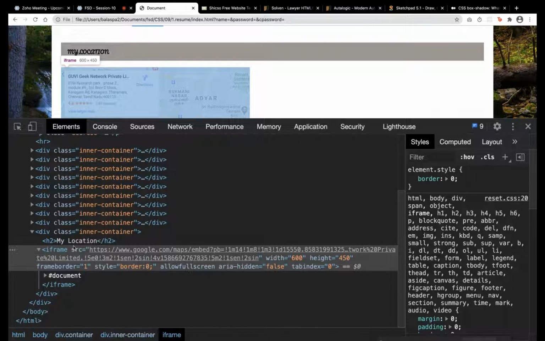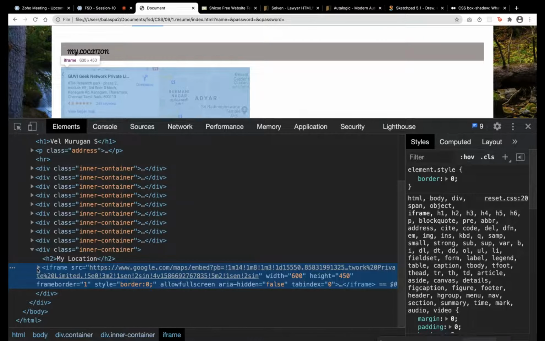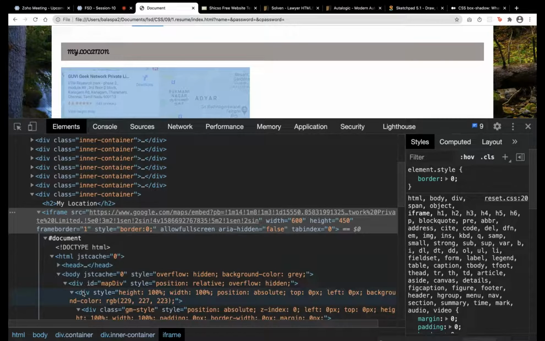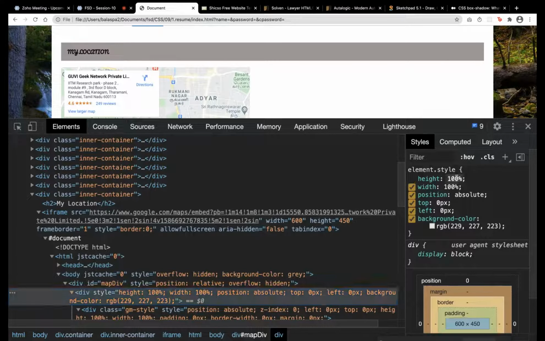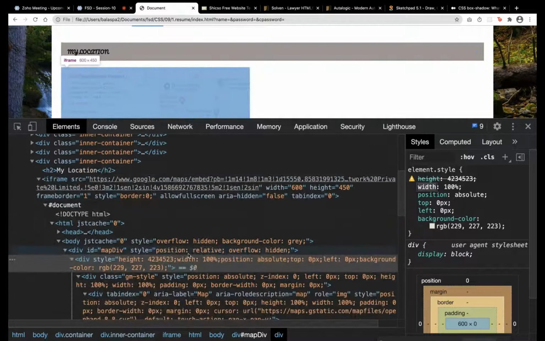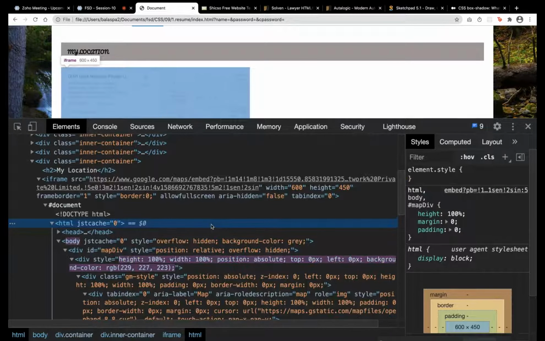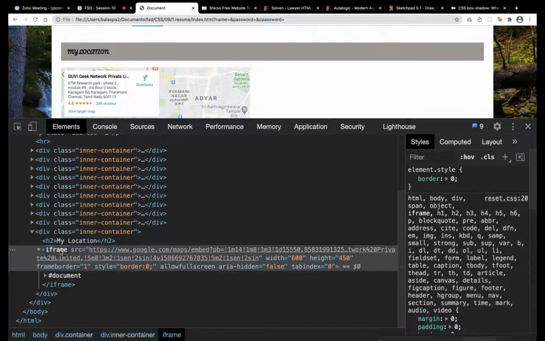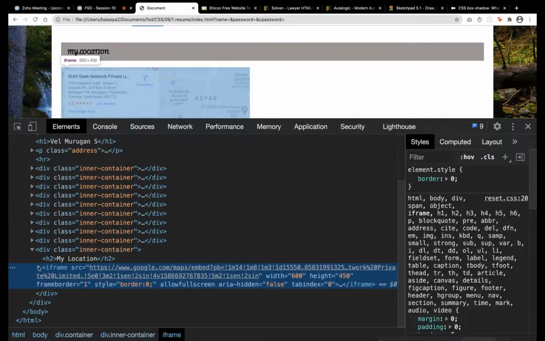Keep it in mind, we cannot add styles for these tags. If I add style for this tag, it won't get changed. It may reflect here, but it won't get changed. We can manually style up to this iframe tag, not inside of it.